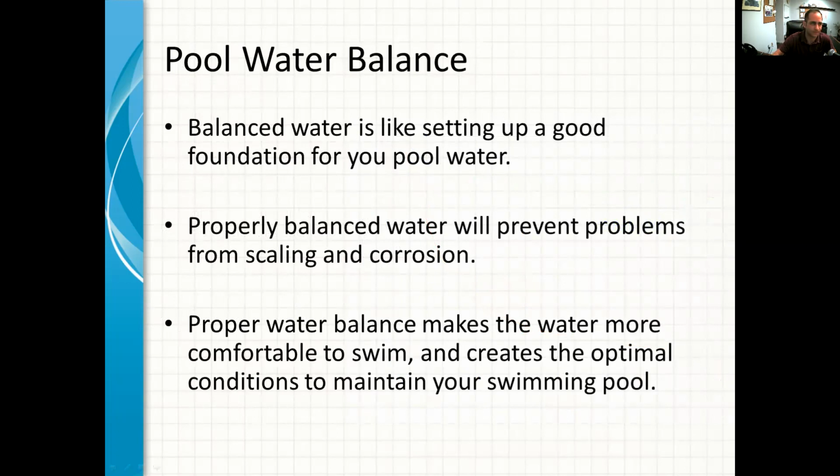So having balanced water is like having a good foundation for a house. It's a good foundation for your pool water. If you have a good balance, or at least close, all you need to get is close. If all your factors are close to what they should be, you pretty much can get by with no problems. Properly balanced water will prevent all kinds of problems, from sanitation problems, to scaling problems, or serious corrosion problems, corrosion of metal parts, heaters, or even corroding, etching plaster or vinyl, especially new